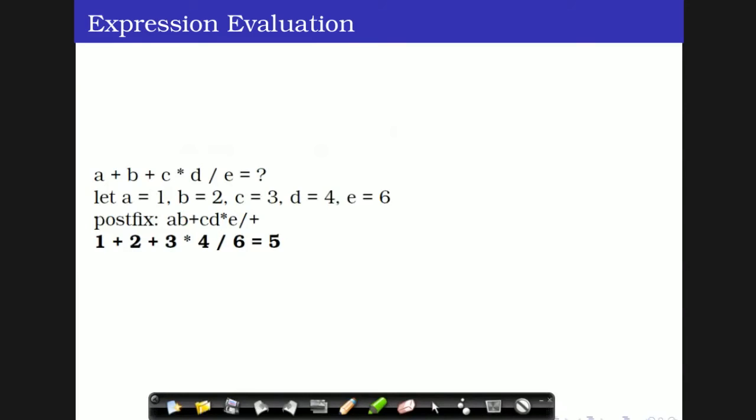Okay, I have seen a question from Shama about CD multiplication and then CD multiplication E division. I cannot understand what you want to ask,